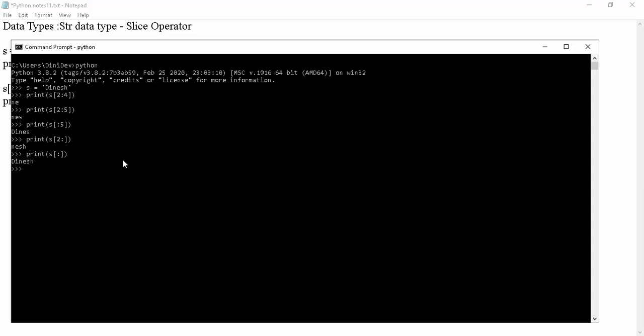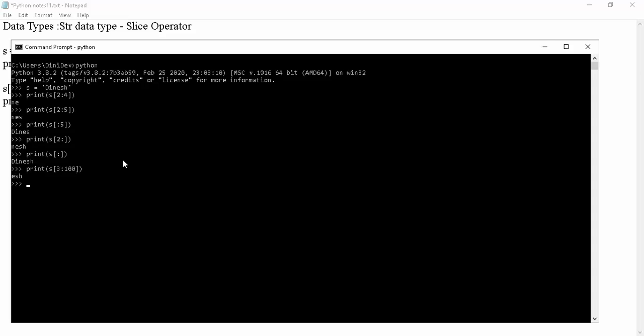If I am taking 3 colon 100, but my string has only 5 characters, then what is the output? Will it show an index out of range error? Remember, the slice operator never raises an index out of range error.